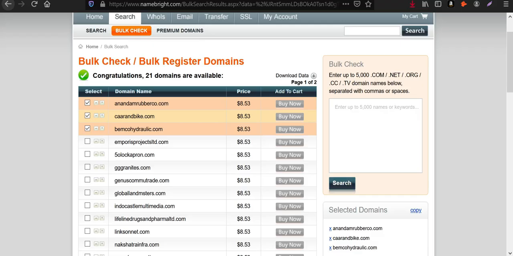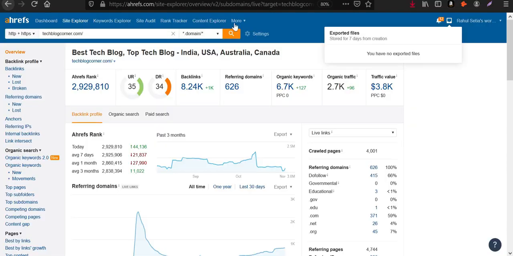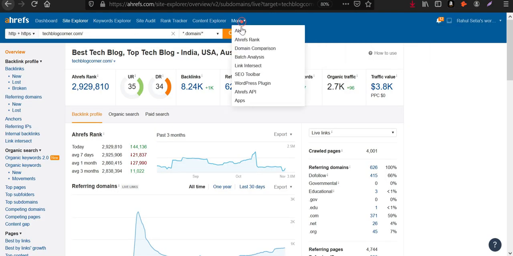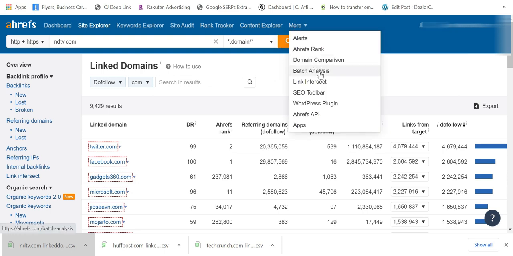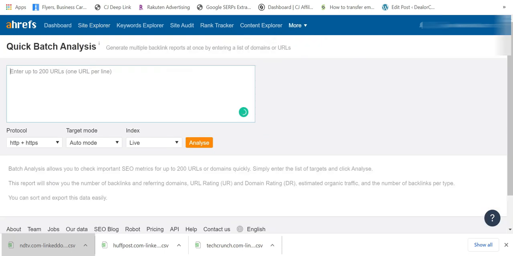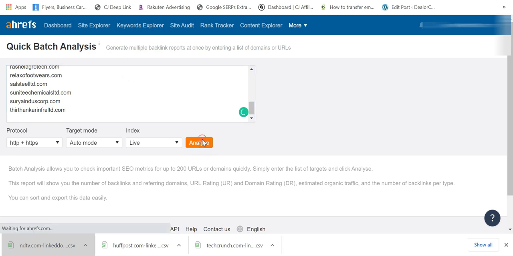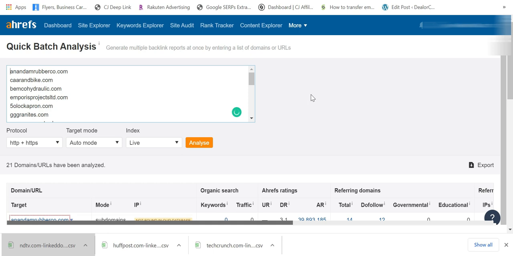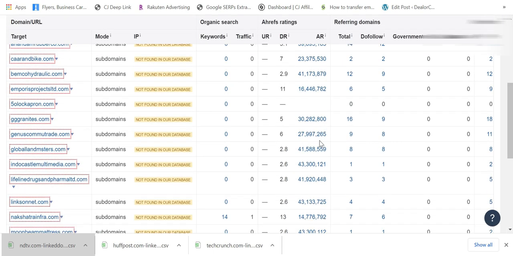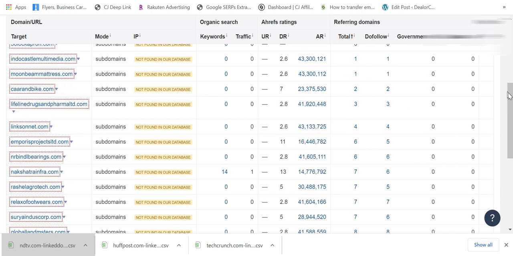paste, go back to your tool, go into batch analysis and say batch analysis, and then copy paste. You can see the stats of all these domains. I am interested to know about their referring domains and the links, so I am going to sort by this.